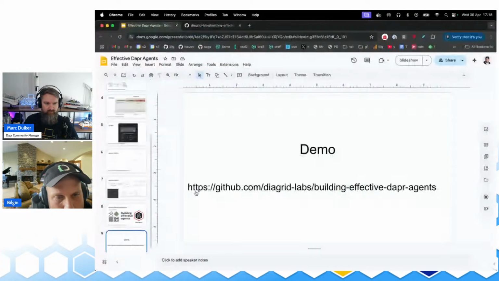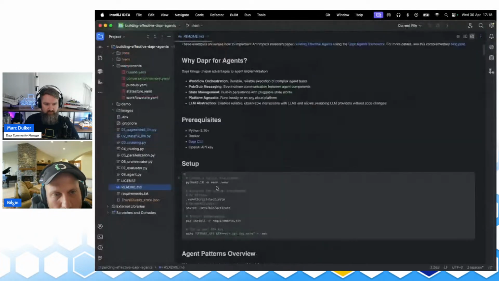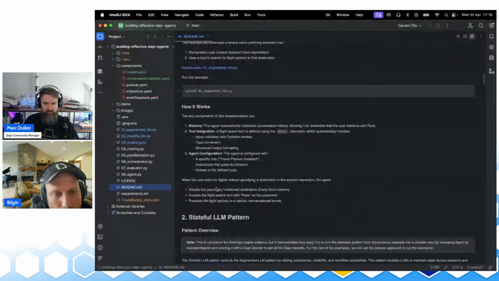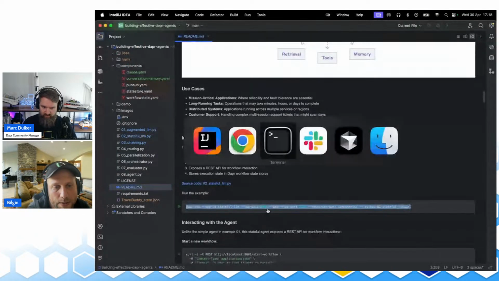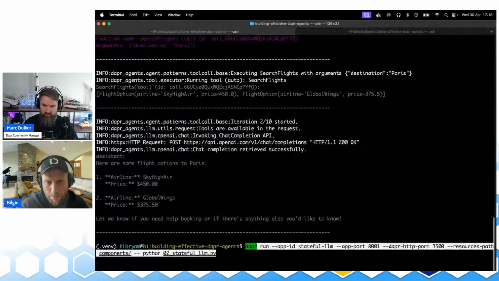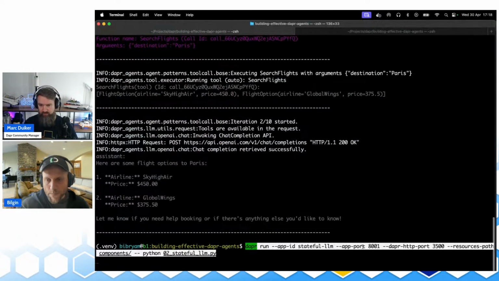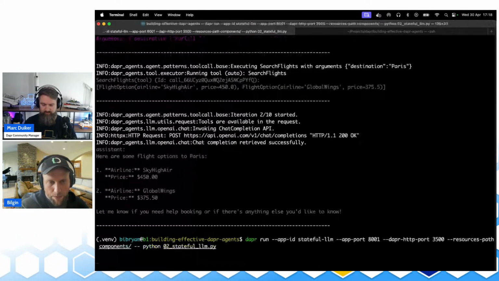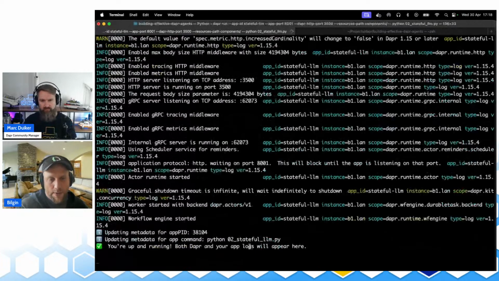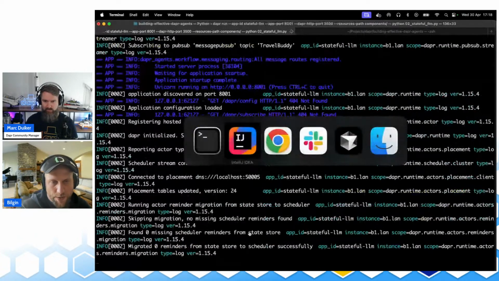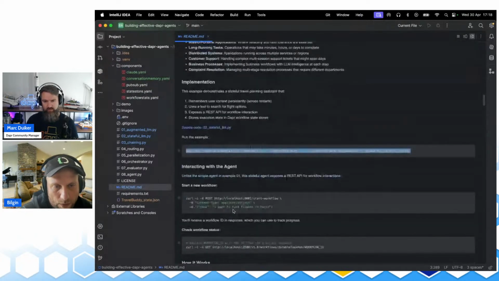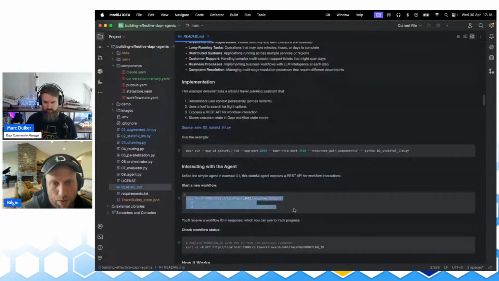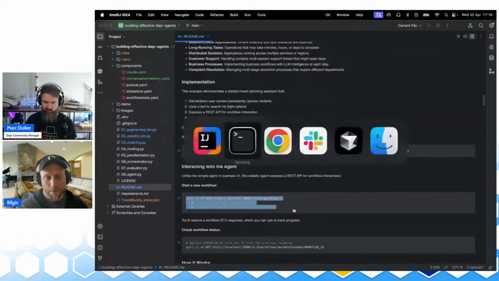So let me execute that. If I go to the README again and take the stateful pattern command, this one you see, I will run it as a sidecar. So what I'm doing is Dapr run, running the app on 8001, and the second example. Now this should start the agent and start a web server where I can invoke it. And the way I'll invoke it, in this case, just for demonstration purposes, I'll use curl on a separate tab,